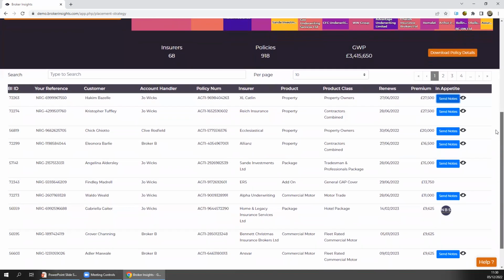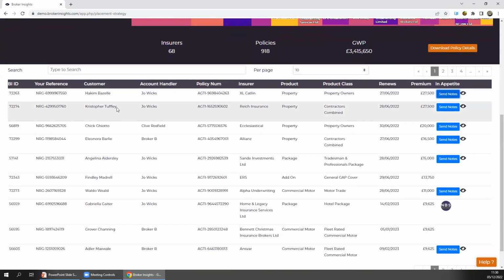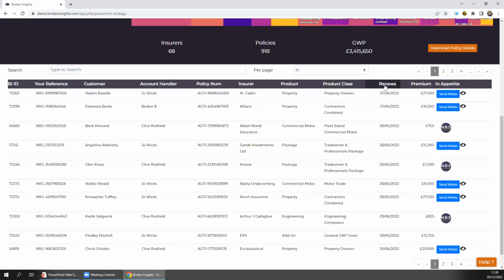So in terms of the data we're playing back, at the moment, we're playing back in premium descending order. So the highest premiums will be at the top, working your way down. That may not always be the best way of using this screen. You can reorder it by clicking on any of these column headers, whether it's reordering it by handler or putting it in policy order or insurer order. A really good example is by clicking on the renews column and popping it into renewal date order instead.